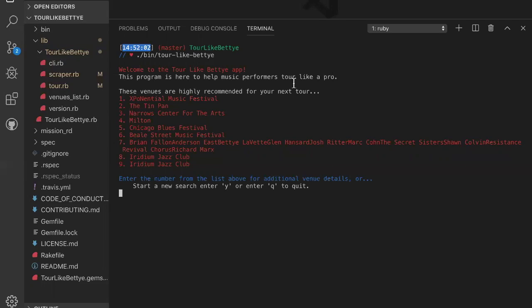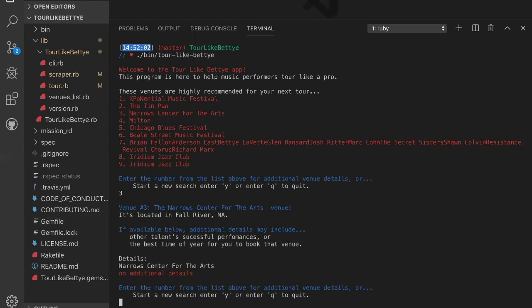So it recommends these venues for their next tour, and then asks them to enter a number from the list for additional venue details. And then here you can see the colorizing in play. Let's say I want to find out more about the Narrows Center for the Arts because I've been wanting to play there forever as an artist, and I'll hit number 3 as my choice. And so I'll hit enter, and now I'll be able to see that venue number 3, Narrows Center for the Arts, gotta check that one, it's new, is located in Fall River,